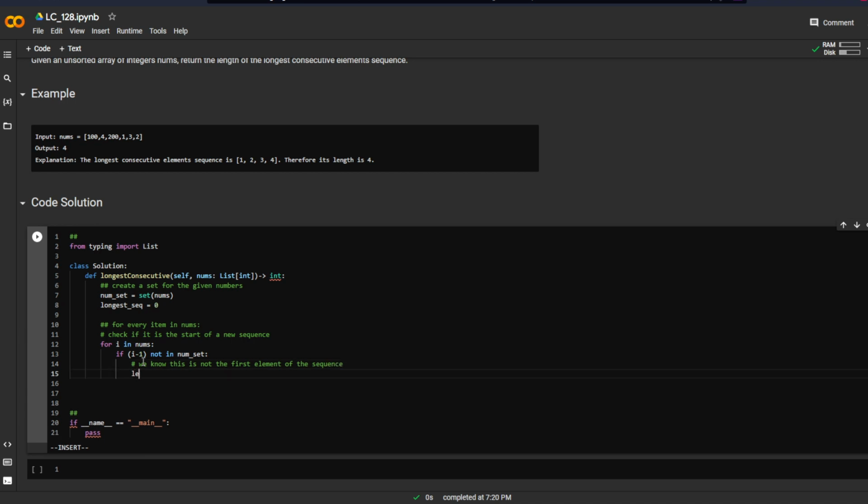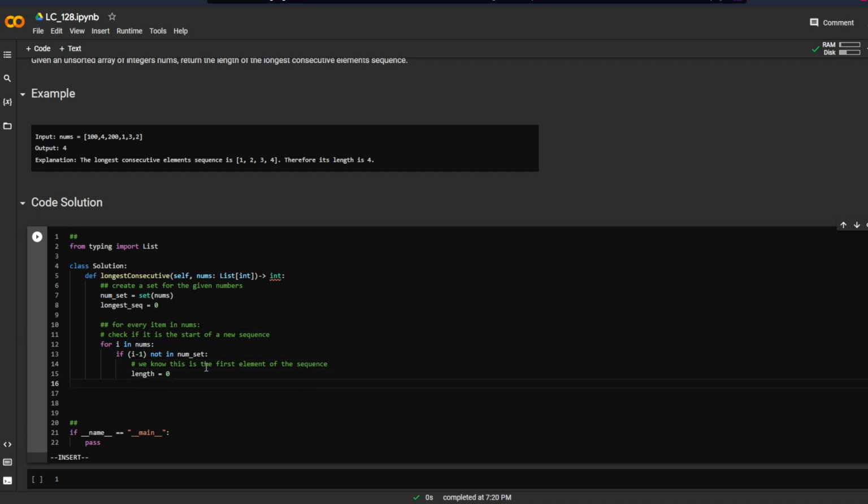So we can say length equals... actually, if the previous item is not in num set, that means this is the first element in the sequence, so we can say length equals 0. Now what we're going to check is